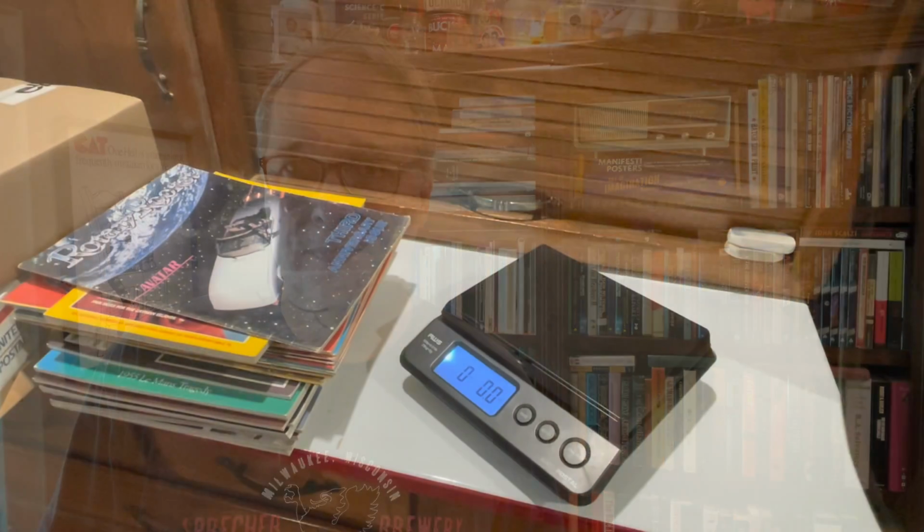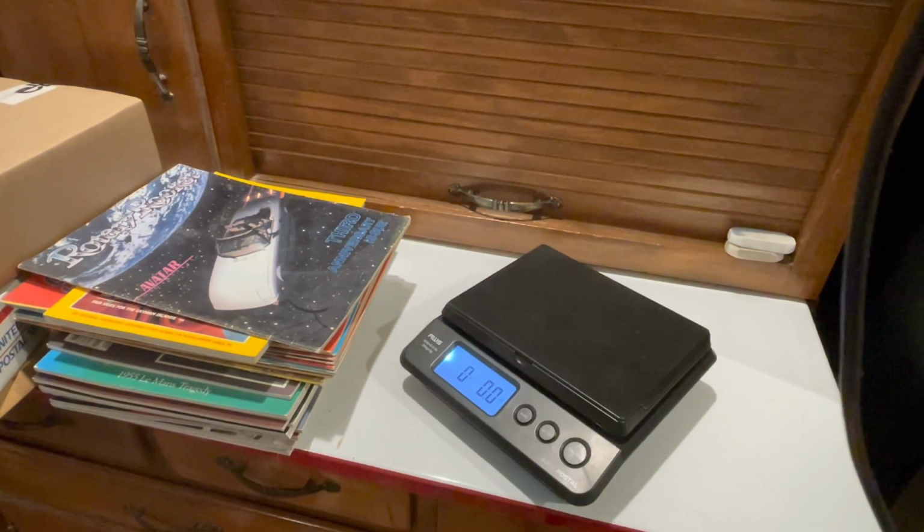So I'm going to cut away and show you what some of the weights turn out to be, so you can see what to expect for shipping weight, and then we'll close it out. Okay guys, just to get your mind accustomed to what to expect on shipping for magazines,